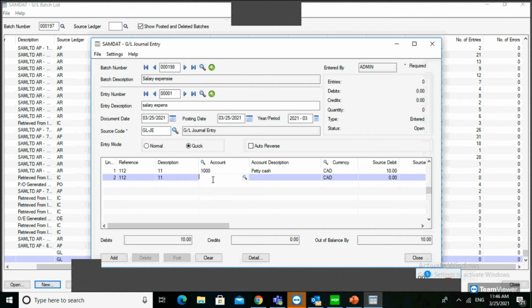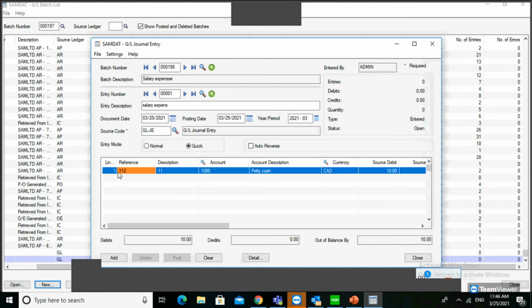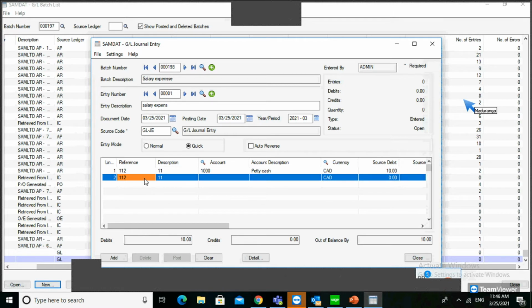What happens is, if you are putting the quick mode, whatever you enter in the first line will repeat here without my entering it. That's the difference from normal. Normally, you need to enter the second line also. Whatever the reference and description mentioned in the first line, it is a quick way to enter. You only need to select the account number and value. Once you select the account number here,